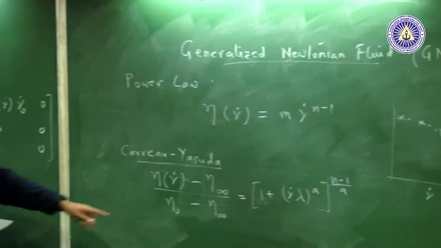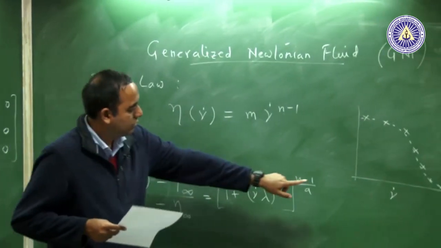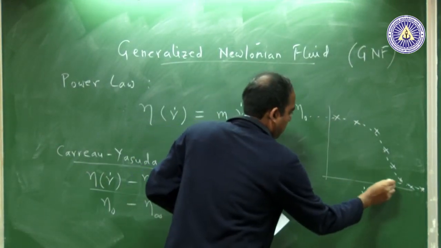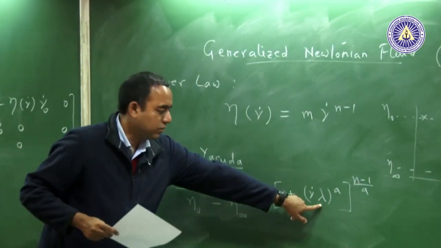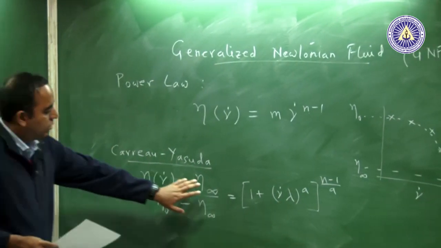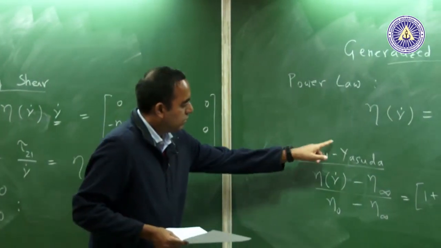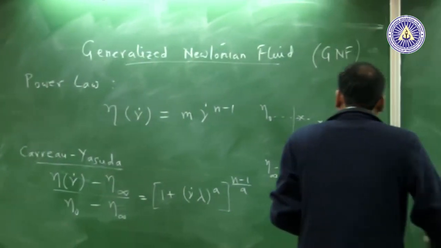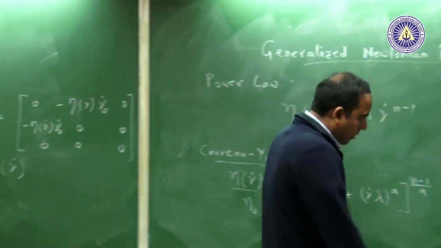Now, eta 0 is the constant viscosity at low shear rates, eta infinity is the constant viscosity at very high shear rates. So, this is eta 0, this would be your eta infinity, and this lambda is a time constant, which relates back to the relaxation time of the sample. Again, this is data driven, but a little bit more complicated than power law, which makes analytical computations almost impossible with Carreau-Yasuda compared to power law. So, for the power law, there are some classic predictions. One of the most classic predictions in chemical engineering is in the normal pipe flow,